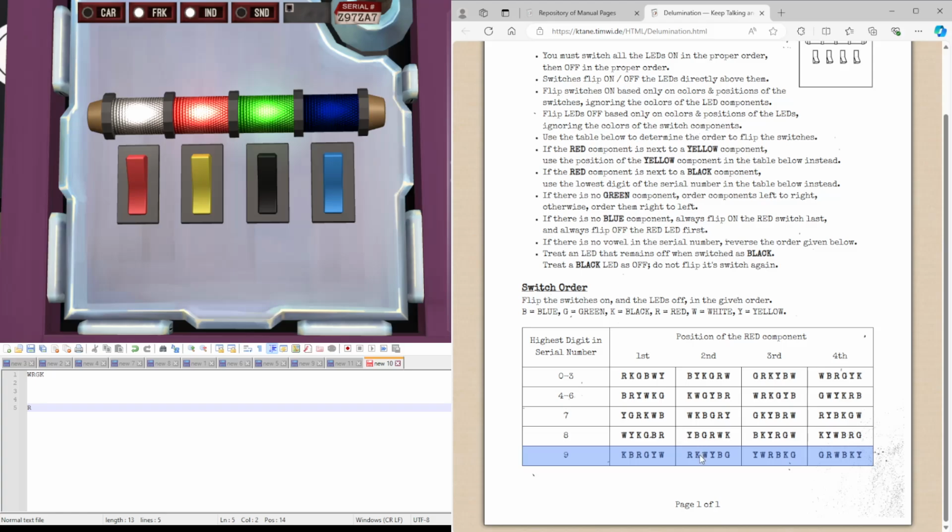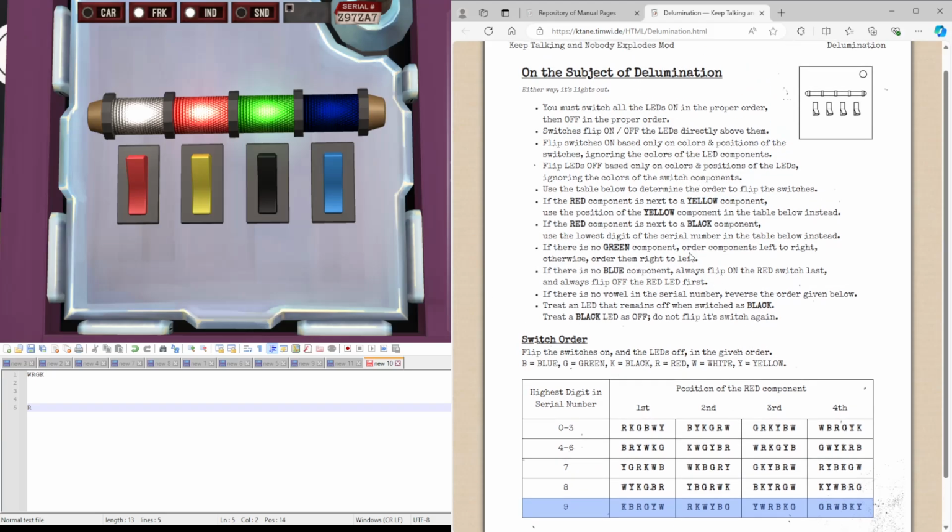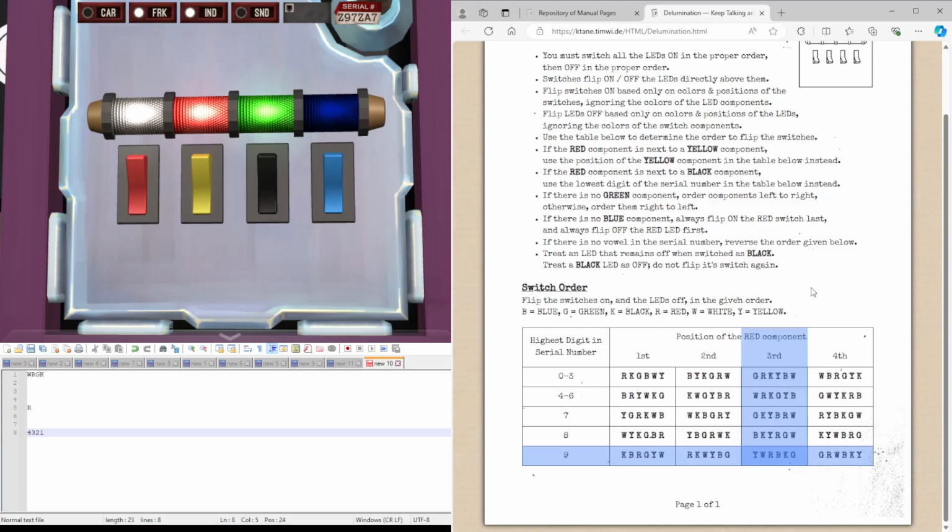So, the position of the red component, we're looking at the red component. And given we had a green component here, we're ordering right to left. So the red component is in the third position. It's here. And ignoring red even being there, the rest of the order is going to be white,